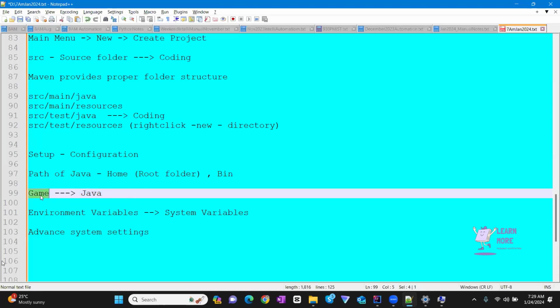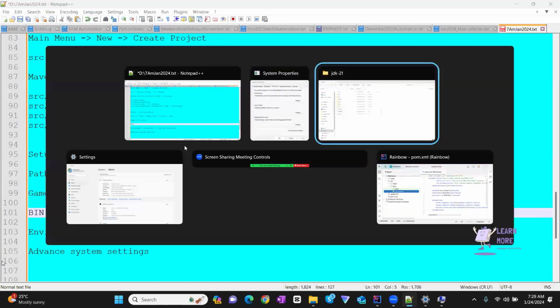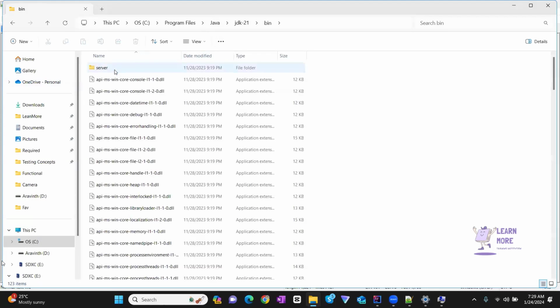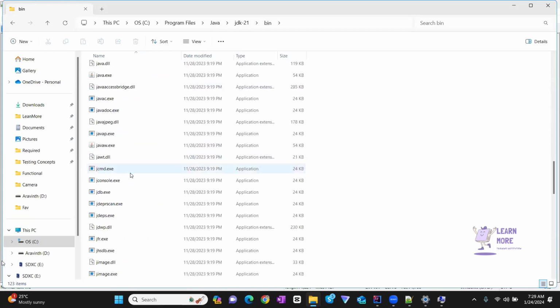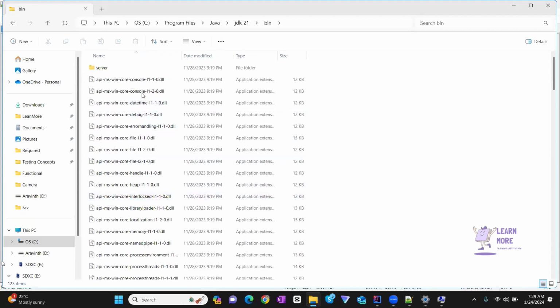But while installing this particular game, if it requires a few files of Java, it will refer to the bin folder. Whenever you have installed any software, you may have noticed the folder called bin, which is available everywhere. Whenever we install new software, for sure the bin folder will be available. So what is the need of the bin folder? If I open the bin folder, I can see a lot of files. These are kind of configuration files or tools